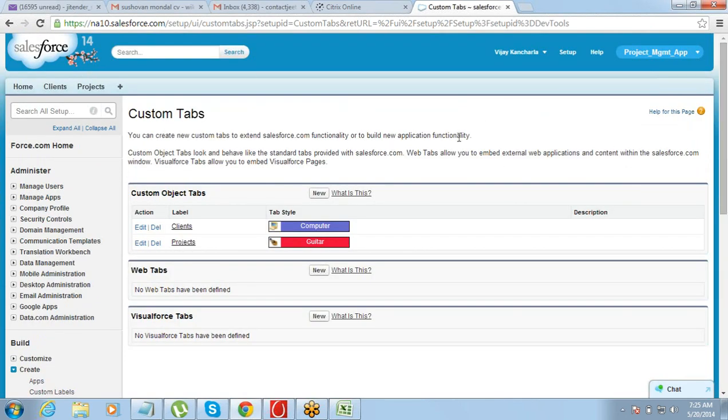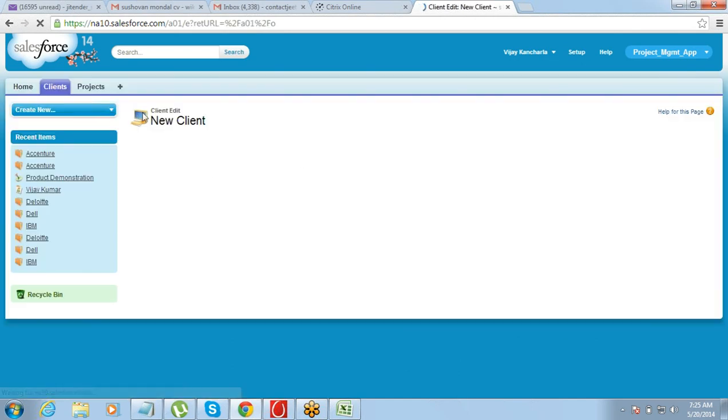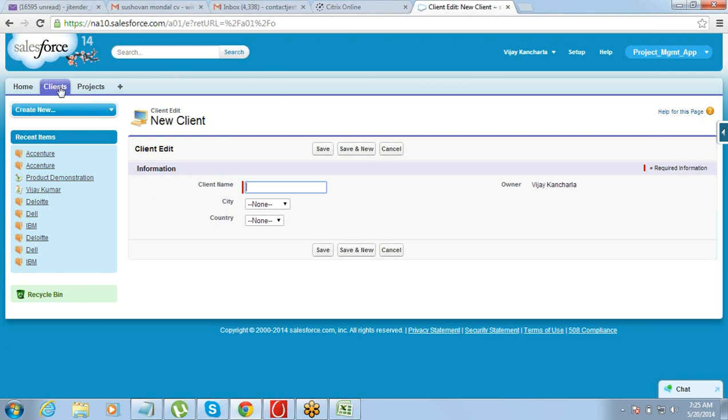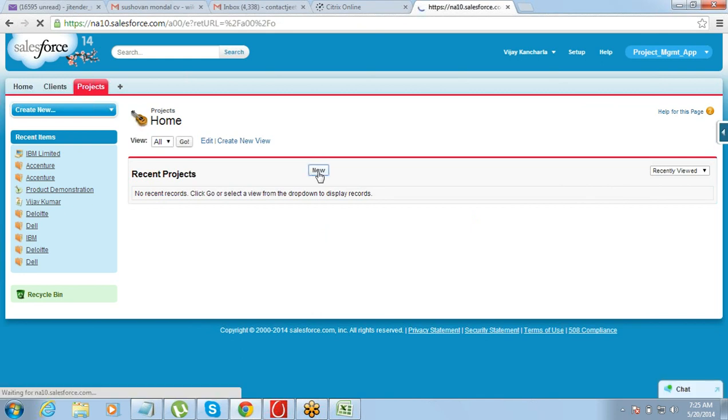So you see, you've created an app and you have included your two tabs here. So you can go to clients, enter new records here. So whatever image you select and the color theme that you selected, you see, that has come. Client name you give anything, IBM, city, let's say Mumbai, country India, save. Got it? So this is a complete custom app that we have created.